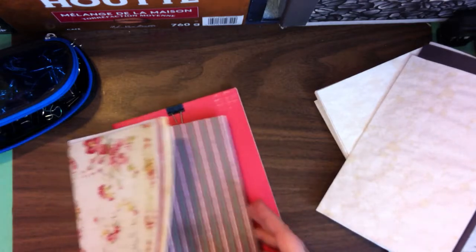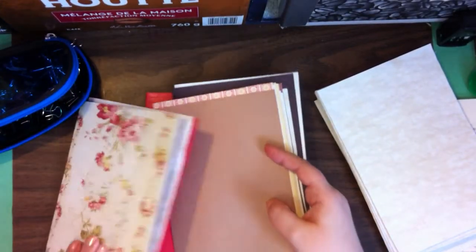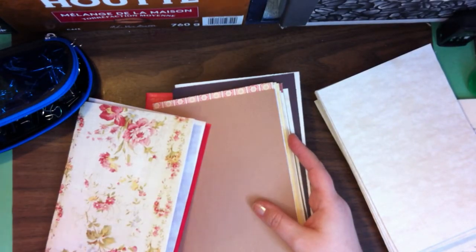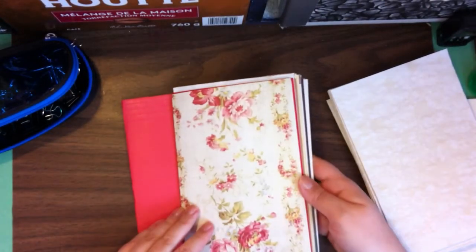Somehow we have an extra coffee dye piece left. So where is that going to go? Right in here. Alright, let's take a look and see what we think. So that one, that one,